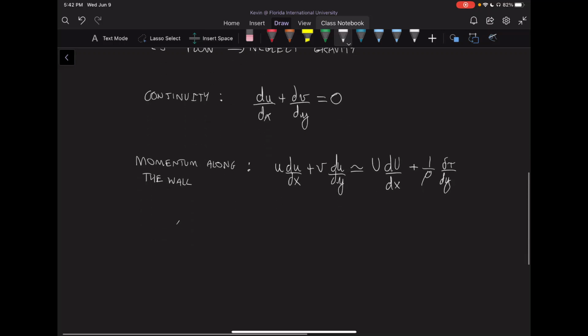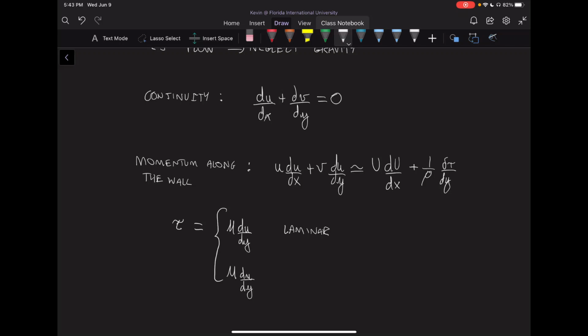Now, the tau value in these equations, just for your information, if we have laminar flow, so we'll write the laminar flow at the top, is just equal to mu du dy, for laminar flow. That makes sense. We only have an effect in the y direction of viscosity that is happening. In turbulent flow, we have the mu term, but we have another term as well, and that term,